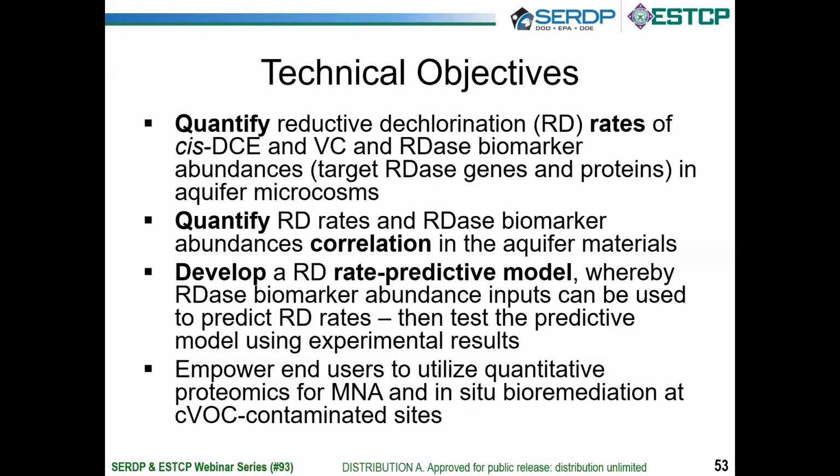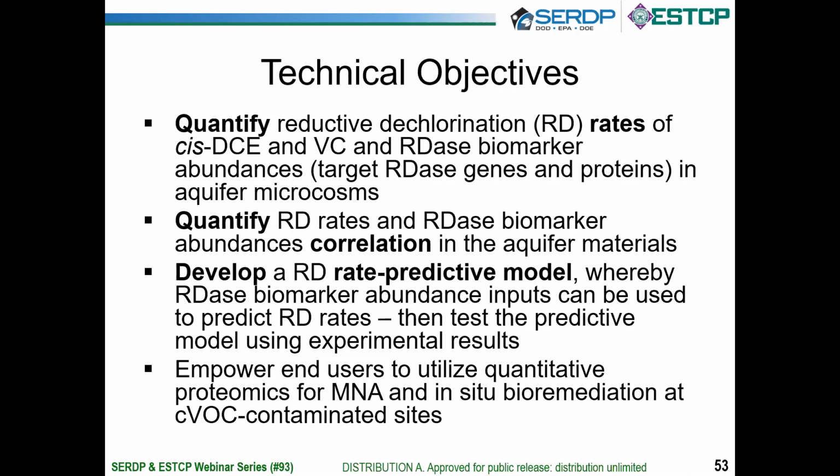Tens of thousands of sites within the DoD complex are contaminated with chlorinated solvents or chlorinated ethanes. And special bacteria called Dehalococcoides have the capability to respire these chlorinated ethanes to form non-toxic ethane. And so the abundance and activity of these special bacteria is quite important for management of these chlorinated solvent contaminated groundwater sites. Quantitative PCR is an existing molecular biological tool that tells us about the abundance of these bacteria at